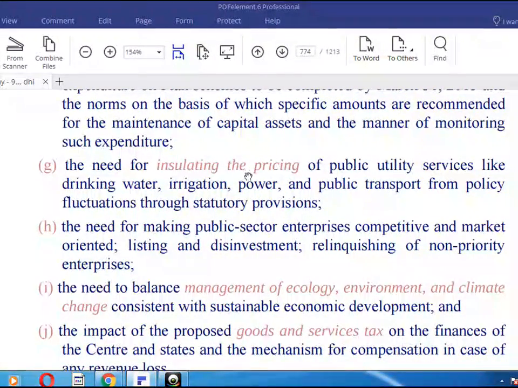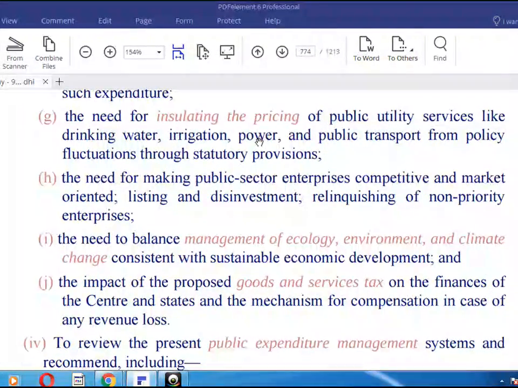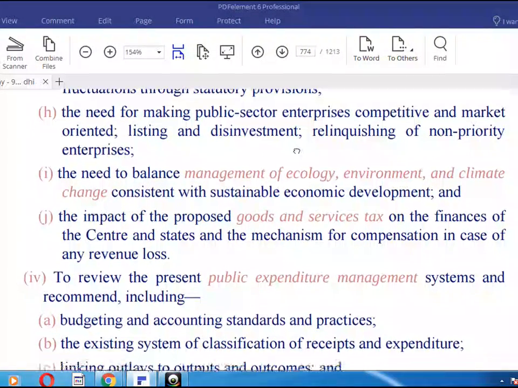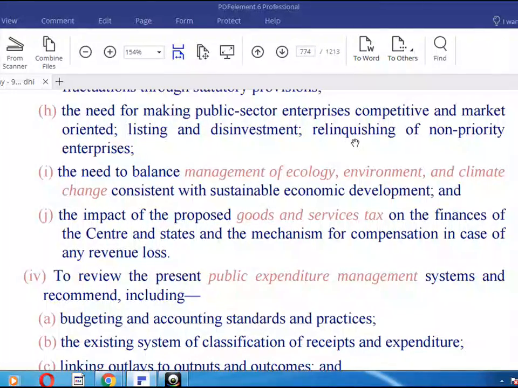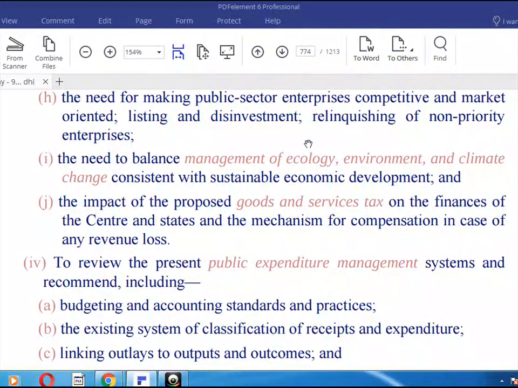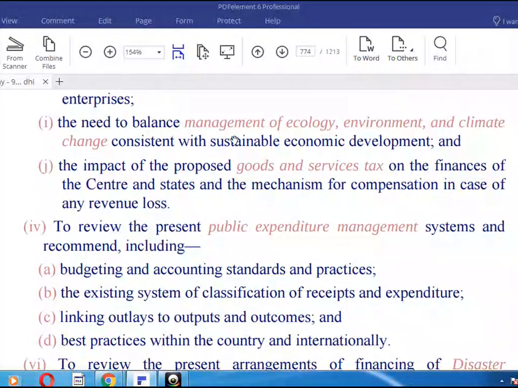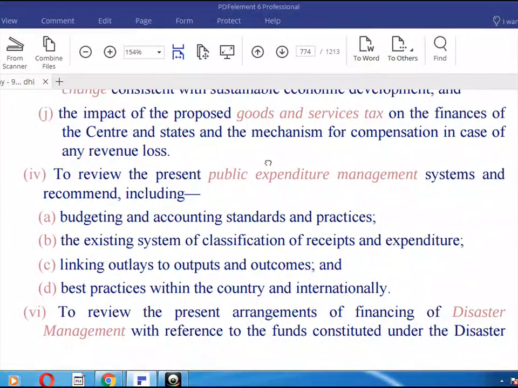The need for insulating the pricing of public utility services like drinking water, irrigation, power, and public transport from policy fluctuation through statutory provision, the need for making public sector enterprises competitive and market oriented, listing and disinvestment, relinquishing of non-priority enterprises, the need for balance in management of ecology, environment and climate change consistent with sustainable economic development, the impact of the proposed Goods and Services Tax on the finances of the center and the states, and the mechanism for compensation in case of